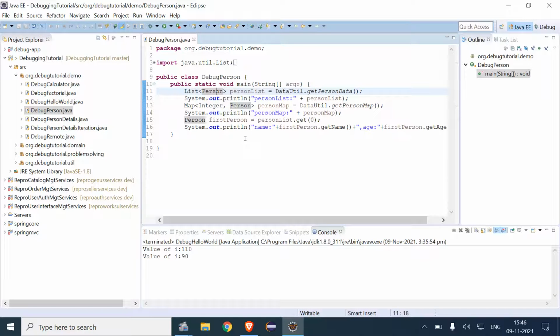So now we will see how we can control a program while executing during debugging, which consists of three steps: step over, step into, and step return.